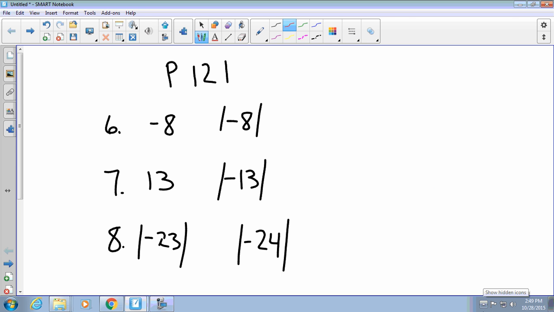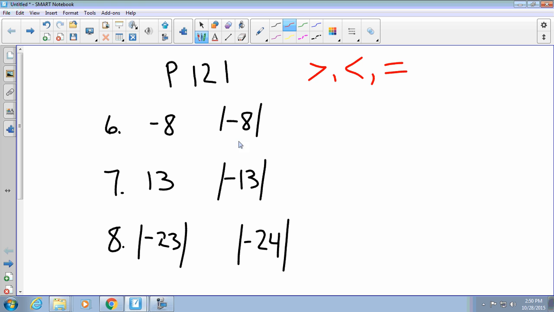All right, we're on page 121, and we are still talking about absolute values. You may notice we have some absolute value symbols here. These lines on either side, both sides of our number, -8, show that we're talking about absolute value. What we're going to do with absolute value is use our symbols greater than, less than, or equal to. So the first thing we have to do is realize that if we're talking about absolute value, there's